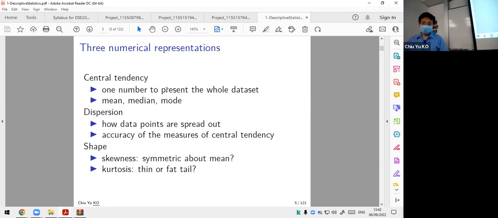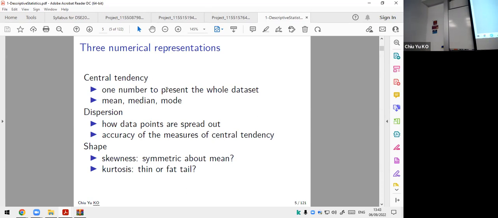The first one is central tendency, and the idea is, if I am allowed to use a single number to represent the whole data, what kind of number would I use? And there are 3 choices: mean, median, and mode. And you will notice, depending on what kind of data, you should pick accordingly, right? Say for nominal data or categorical data, you should not choose median or mean, right? So choose mode. If you have numbers, then you can use mean and median.